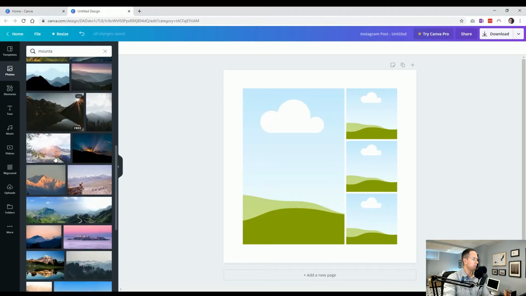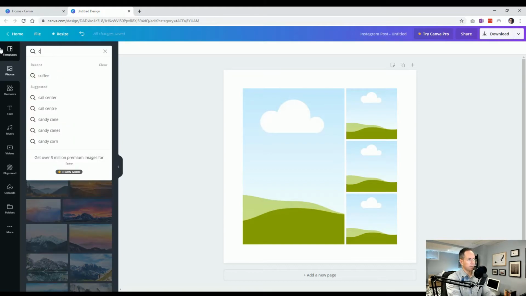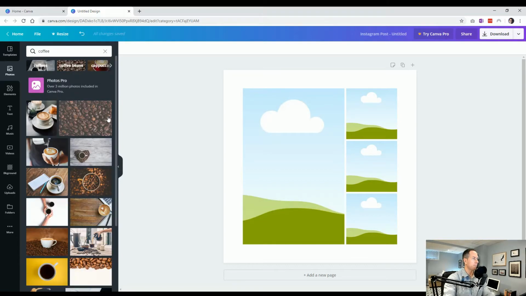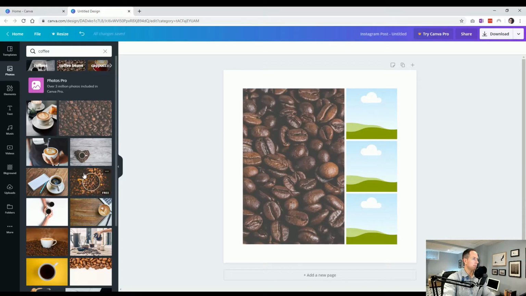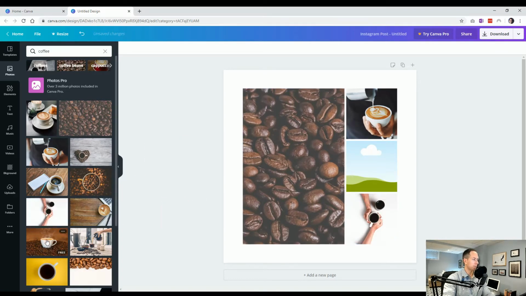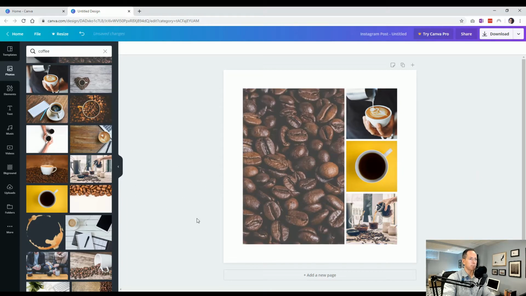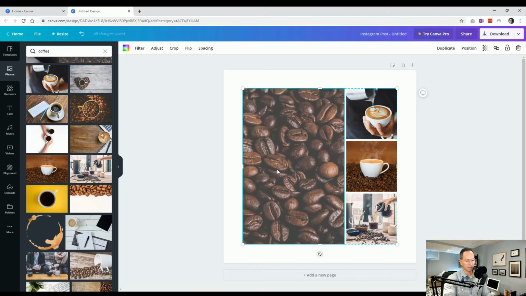I'll go to my photos, and let's go back to my favorite, coffee. So we have the beans, which turn into various types of delicious coffee to drink. 1, 2, and 3. There we go. So grids, super useful. Now along the same vein